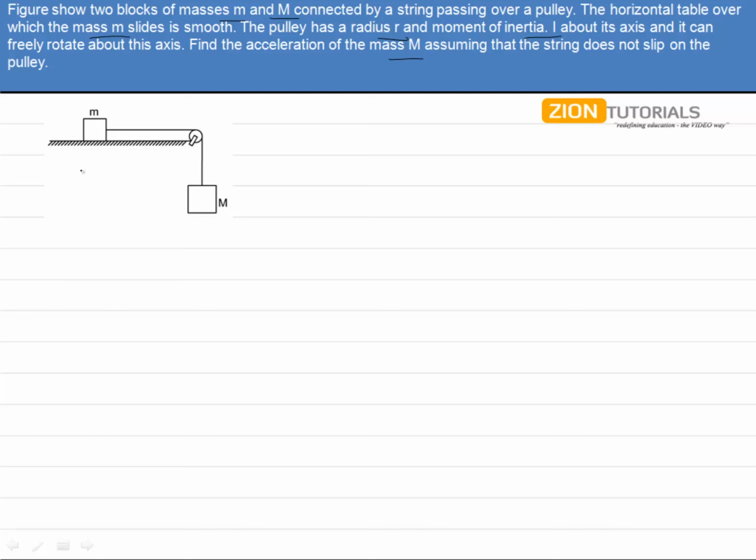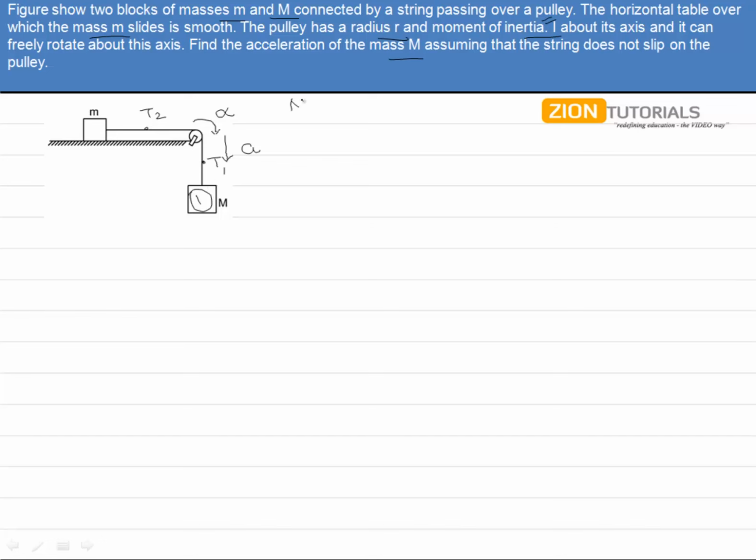Now let us assume that this block is accelerating downward with an acceleration of a, and the angular acceleration of this pulley be alpha. Since they have given the moment of inertia I for this pulley, this means that this pulley is not massless. And if this pulley is not massless, then the tension in both parts of the string will be different. So letting them be T1 and T2, let us first frame the equation for block 1,